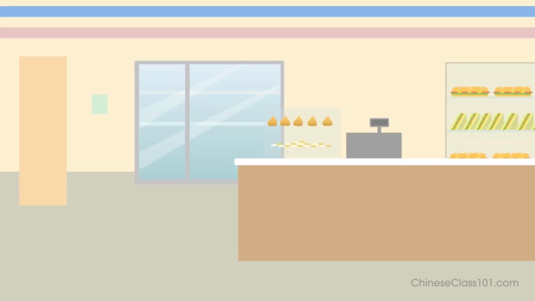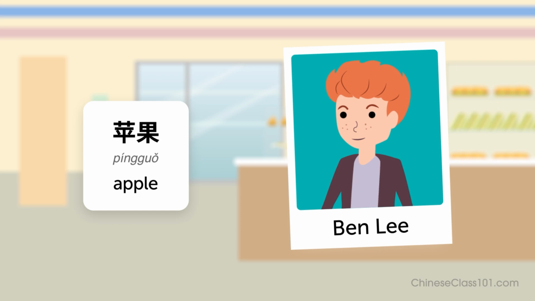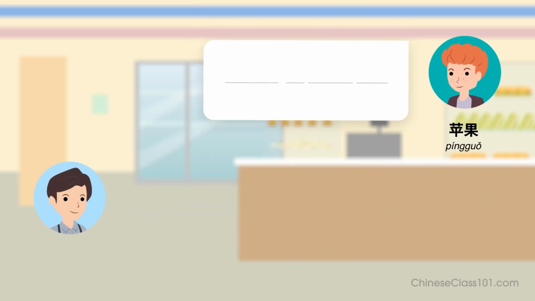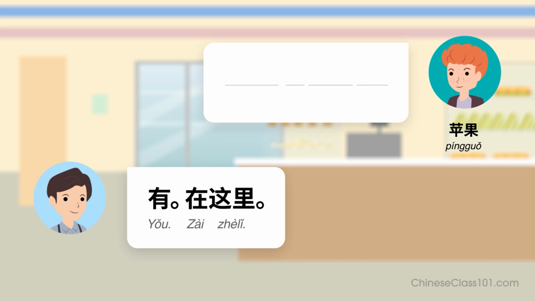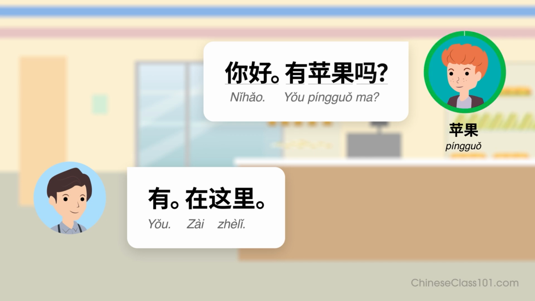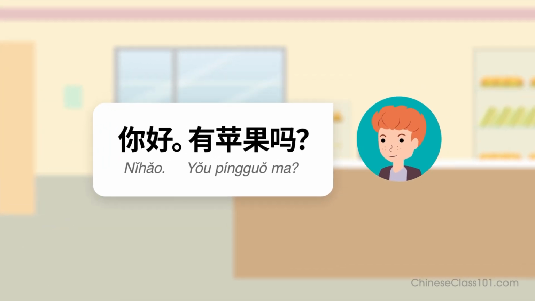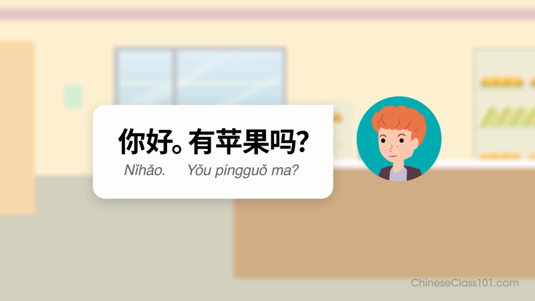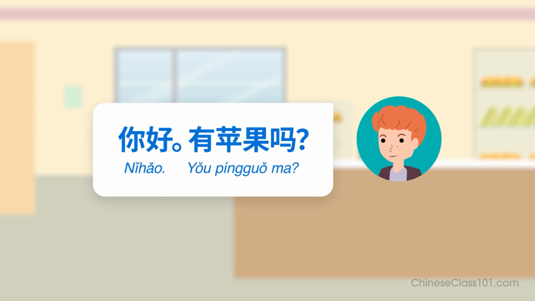Let's try one more. Imagine you're Ben Lee. Ask if there are any apples. Ready? 你好，有苹果吗？有，在这里。Listen again and repeat. 你好，有苹果吗？